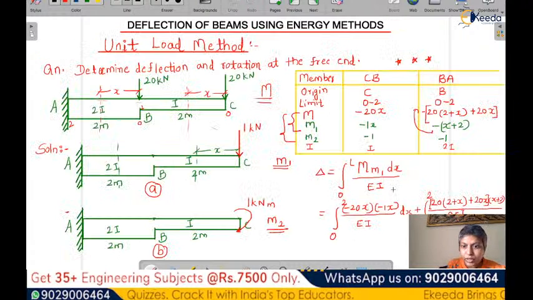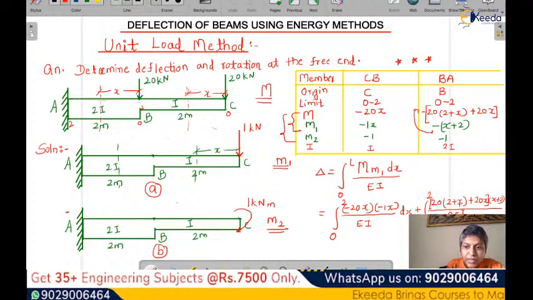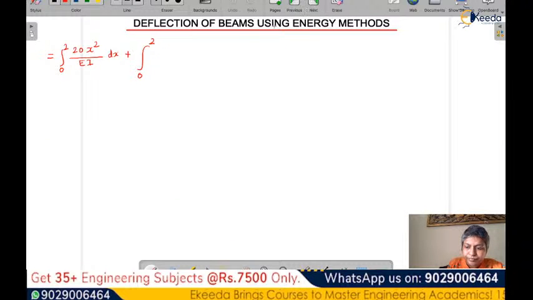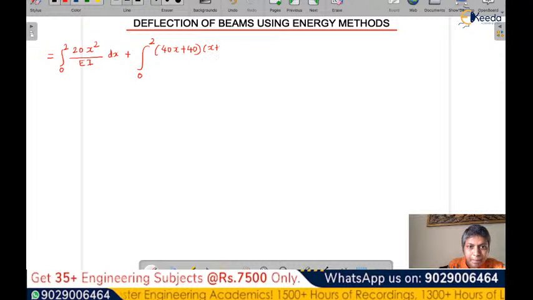So here if you see 20 plus x into x plus 2. So this 20 into 2 will become 40. 20 into x will become 20x, then 20x plus 20x will become 40x, and then it will be multiplied with 2 plus x. So then we can write it as 40x plus 40 into x plus 2 divided by 2EI